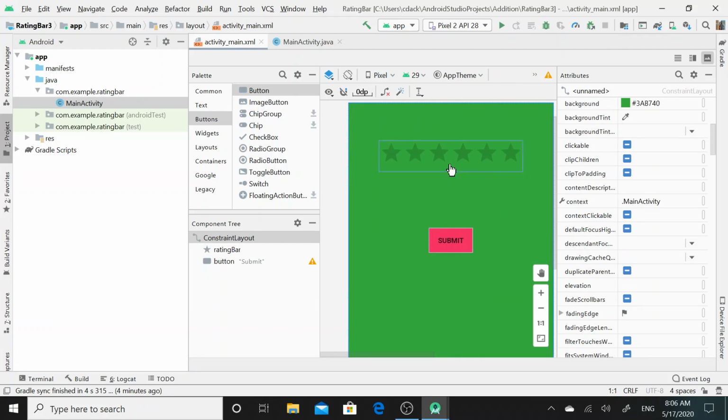Now what is the significance of rating bar on your mobile application? It is the easiest way for the customer to submit feedback to the company for their services. If the customer submits feedback which is above 3 star on the scale of 5, that would be either 3 star or maybe 3.5 star, 4 star, or maybe 5 star, then the company is really performing very well.